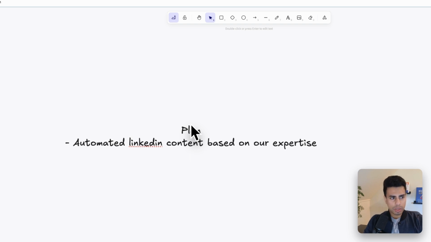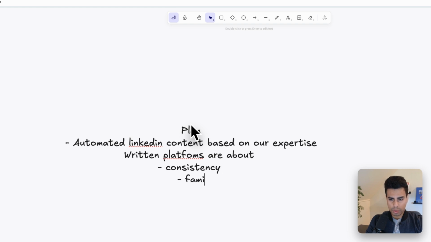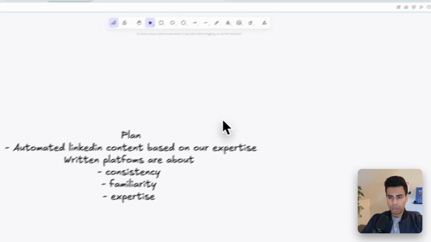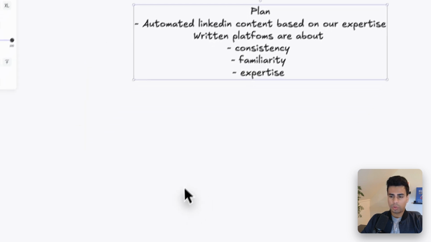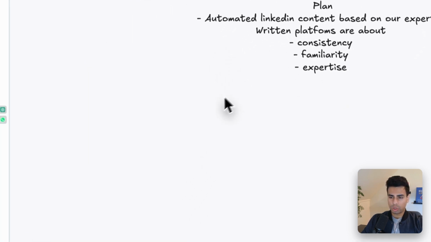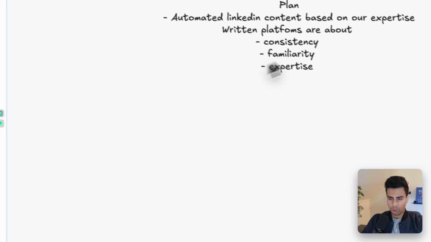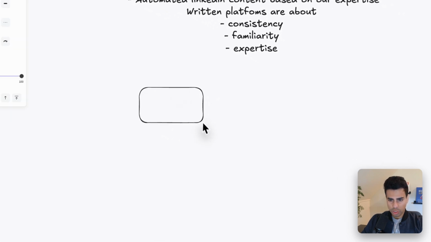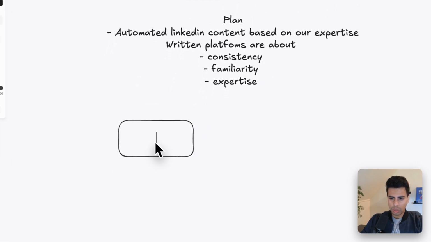Cool, okay. Because we want this, and I want to give you some tips. Normally, written platforms are always about three things, right? Consistency, familiarity, and expertise. So let me write that down. We want to make sure our system gets us all this. Consistency, familiarity. Okay. Because we know we need all of these, what do we kind of need in our system so that we can start to get all of these, right? Okay. So first, because we want familiarity and expertise, we need a personal knowledge bank,